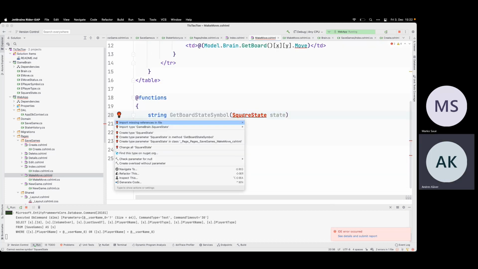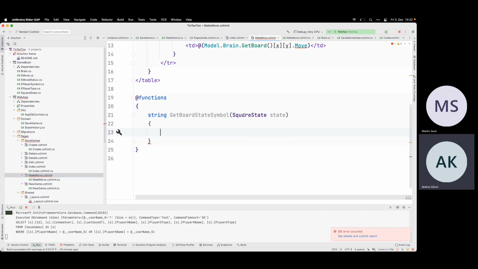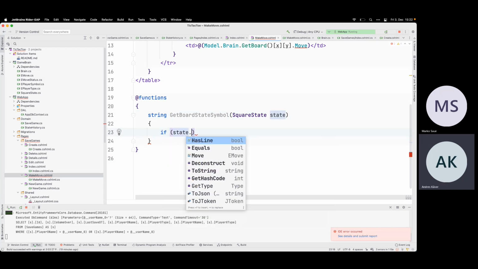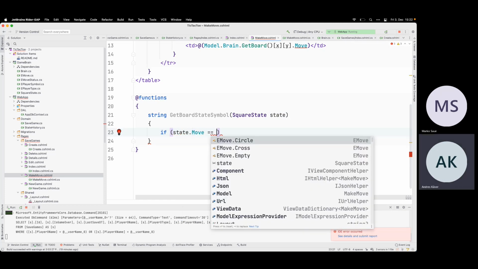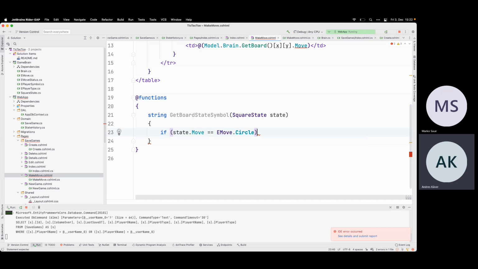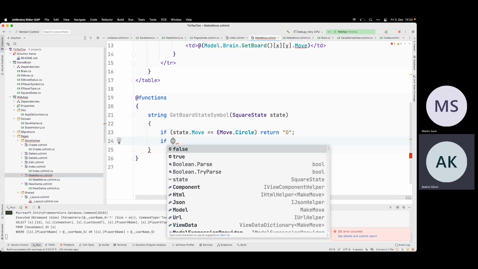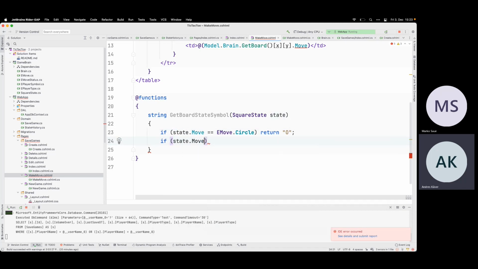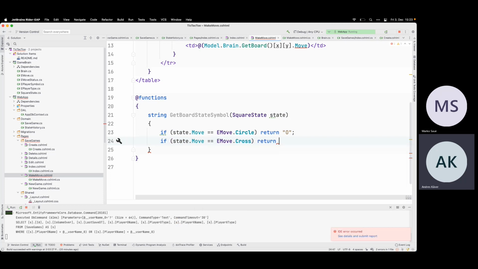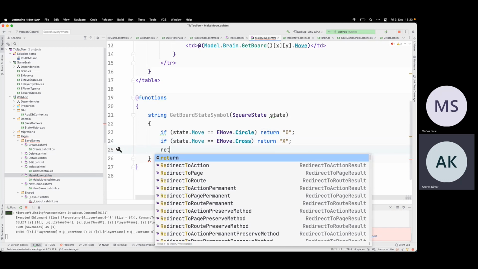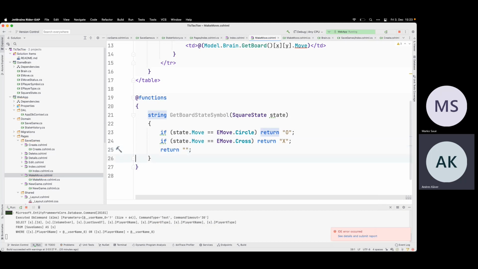So I need a reference to it. So if this one equals the circle, I will do the simplest cases first. Return O, and this is it. If state.move equals cross, and otherwise it's an empty string.